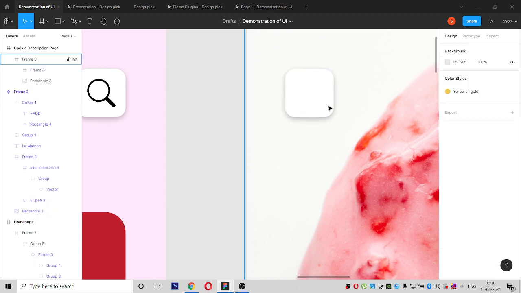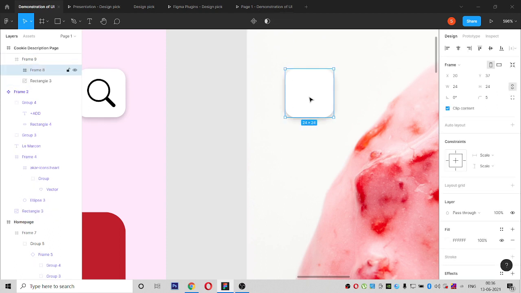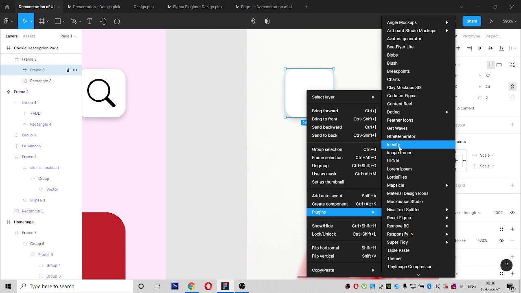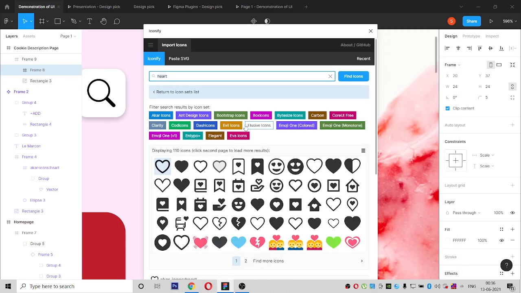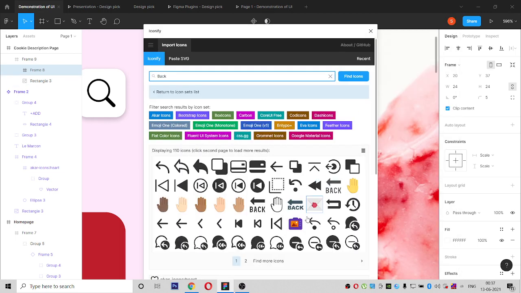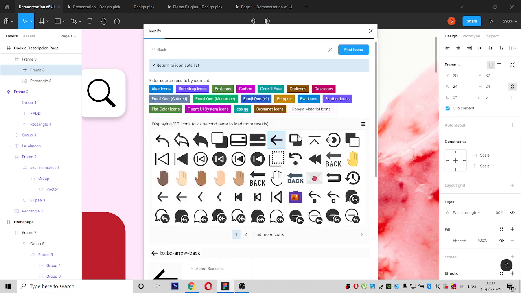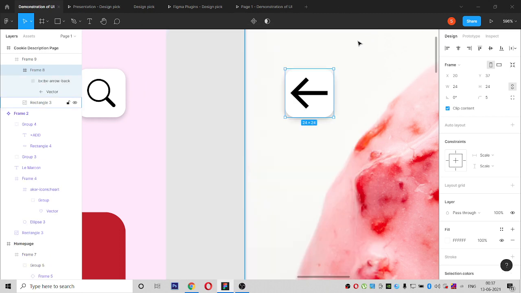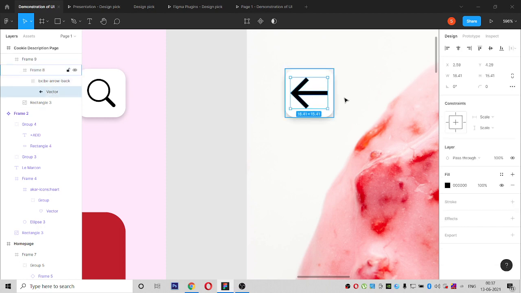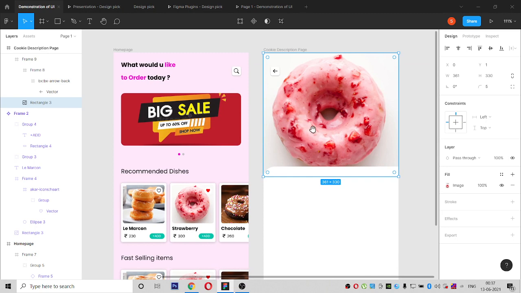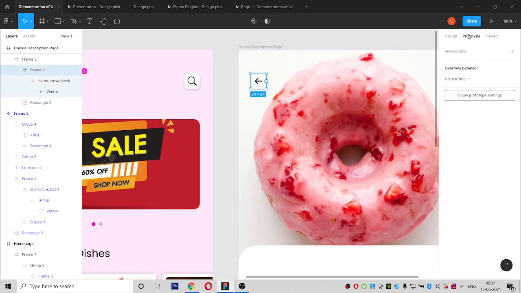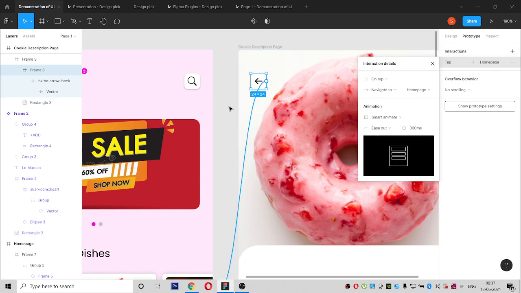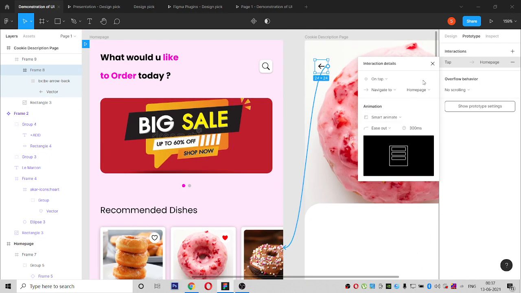I am selecting this icon, going to the plugin icon and giving back. Some images are coming, I use this now. Make it smaller. And once it is clicked, we should prototype this as traveling to this screen. Let it be smart animate.